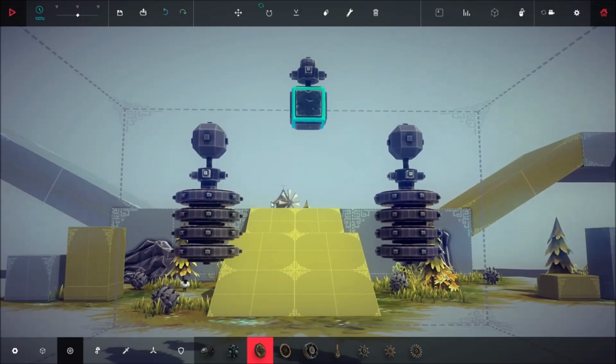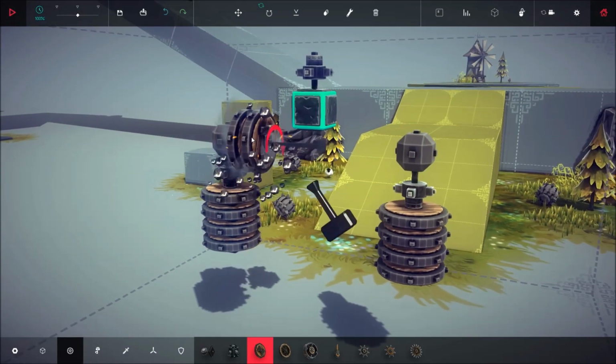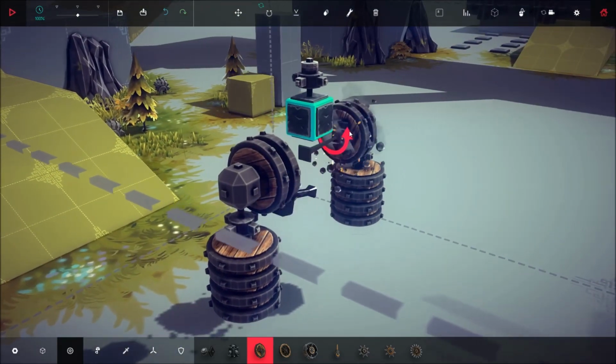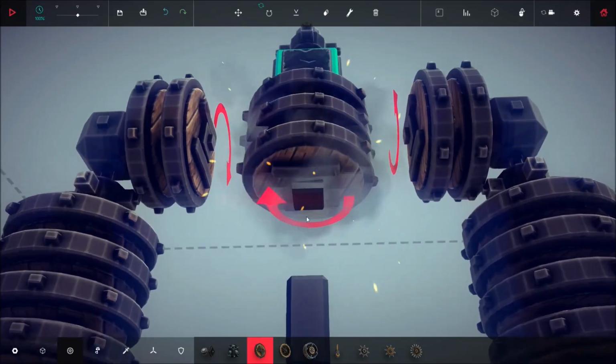so you're left with that. And with your motor wheel still selected, go ahead and place 2 more on the inside of this ballast, and 2 more on the inside of this ballast, and then 3 underneath this core block. Now, just to explain it,